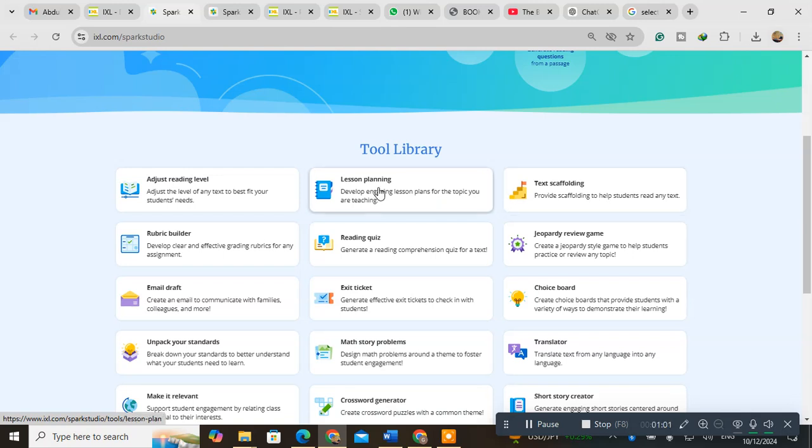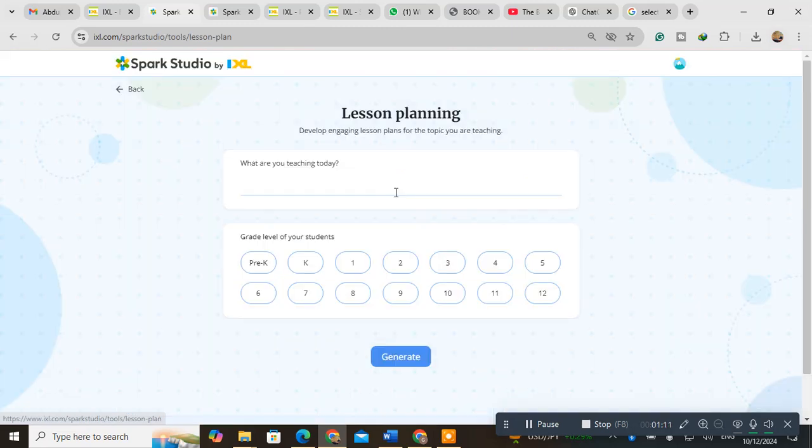You just need to go here, lesson planning, if you want to make a step down lesson or something like that, or maybe scaffolding or adjust the reading text level. So you just need to select this option here. Once you select, you have to tell what you want to teach. For example, reading comprehension. I want to teach my students reading comprehension, particularly